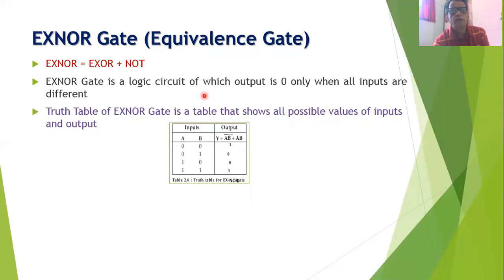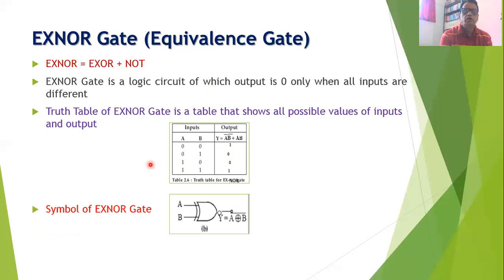Now we can write the truth table for the two input exclusive NOR gate. Here there are two inputs A, B, and there is output Y. Inputs are 0 0, 0 1, 1 0, and 1 1. When the inputs are the same, that is 0 0, the output is 1. When the inputs are different, 0 1, the output is 0. For the third case, 1 0, the output is again 0. And in the fourth case, when both inputs are the same, the output is 1. So you can easily observe from this truth table that when the inputs are the same, you get the output 1. That is the reason this gate is called an equivalence gate.